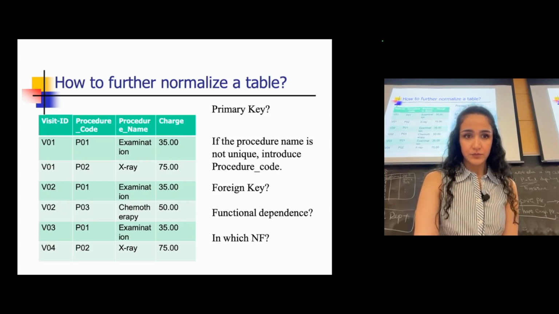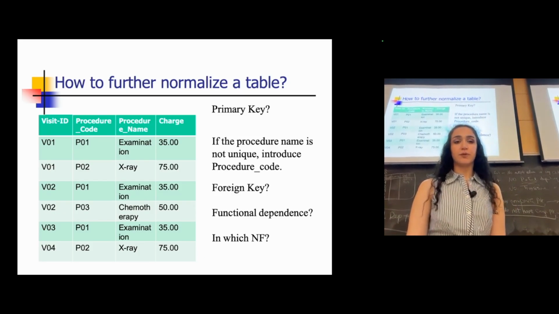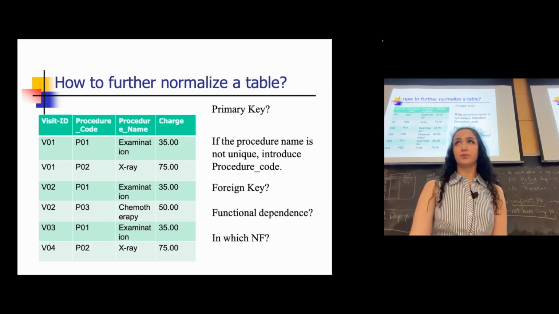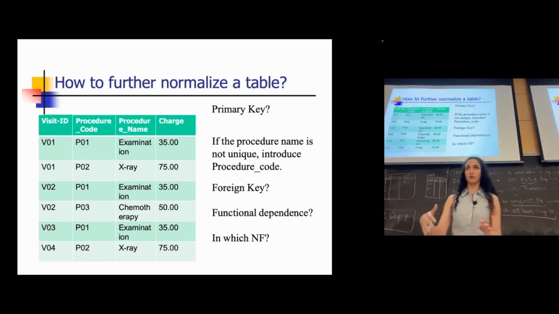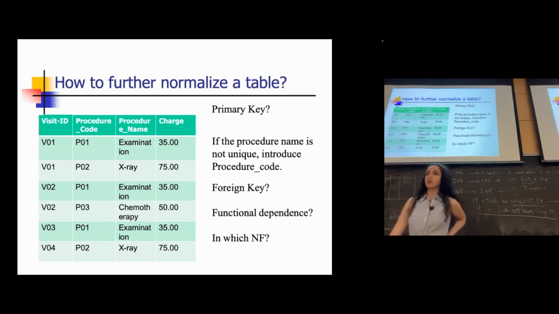And can you tell me what is the relationship between visit and procedure? In order to understand what the relationship type is, whether it is one-to-one, one-to-many, or many-to-many between visit and procedure, you have to think of it this way. For each instance in visit ID, or for each visit, right, how many procedures do we have, and vice versa? Does each visit have only one procedure? No. No, we have many. The other way,